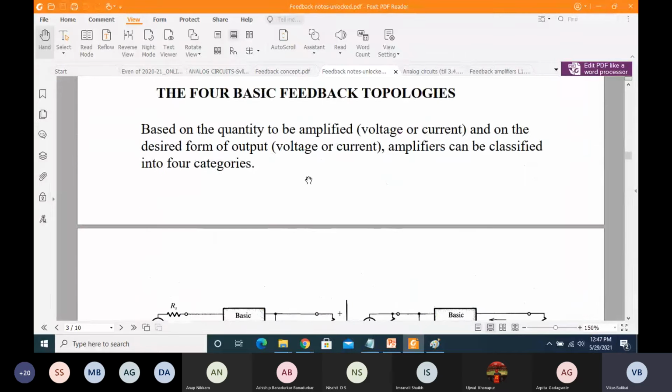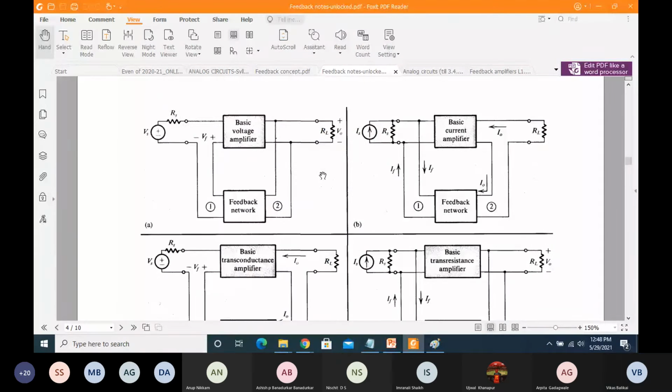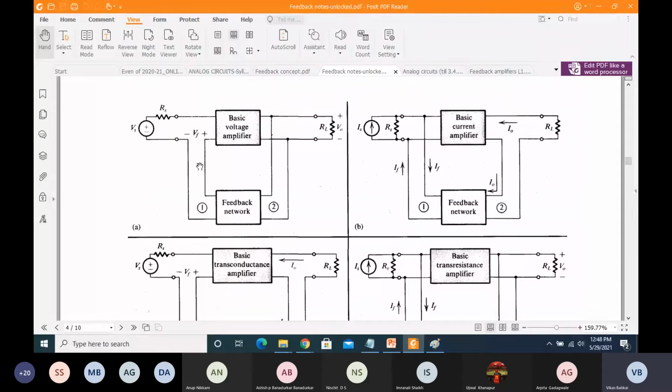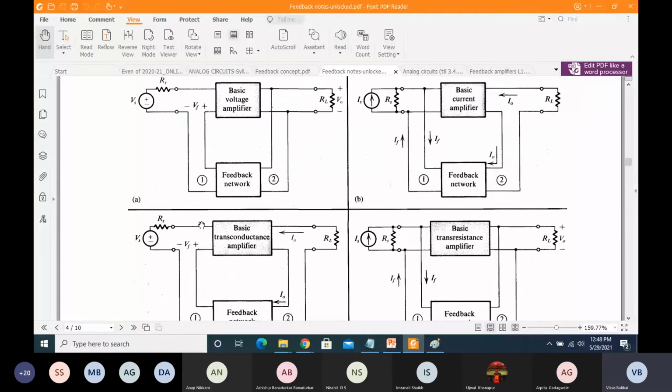What are the different feedback topologies available to us? A small introduction. There are different names we can give, such as voltage series and voltage shunt amplifier, and that is represented over here. As you can see, there are 4 configurations of amplifiers. Typically we call them the voltage amplifier, which is figure A, the current amplifier, figure B, the trans resistance amplifier, and the trans conductance amplifier. These are the 4 different feedback topologies available for the feedback amplifier concept.